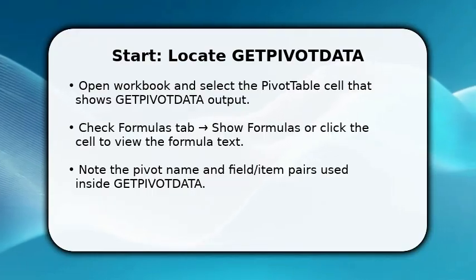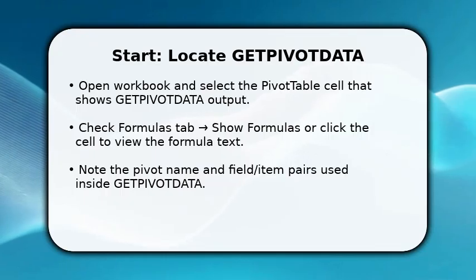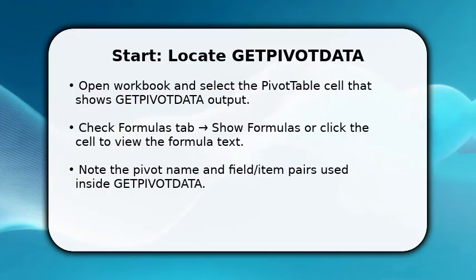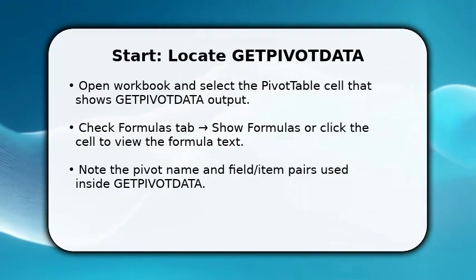You begin by finding where Excel inserts GETPIVOTDATA. Click a value cell in the pivot table so you can see the actual formula in the formula bar. This reveals the pivot table name and field/item pairs. Once done, write down or copy the referenced pivot table name and the exact field strings because you will replace